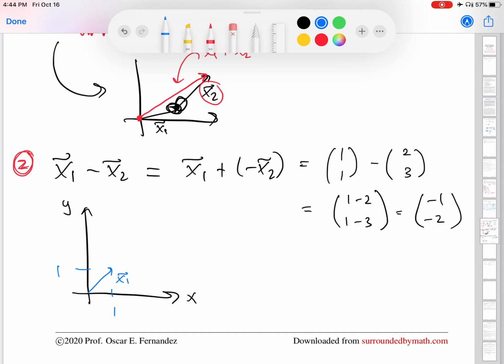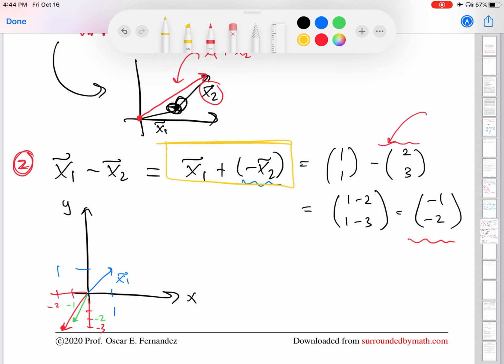Great. And then I'm going to plot the vector -x2. So let's do that in red. So that's the vector over here. You can see that it has components -2, -2, and -3. 1, 2, 3. So it's kind of hard to plot it, but it's down there. Okay, so that's that vector. And then what's the vector I've obtained? Like -1, -2. So I'm sort of running out of colors here. So I'll put that -1 and then -2 down here. That's down here. Okay. So this doesn't look like it makes a lot of sense,